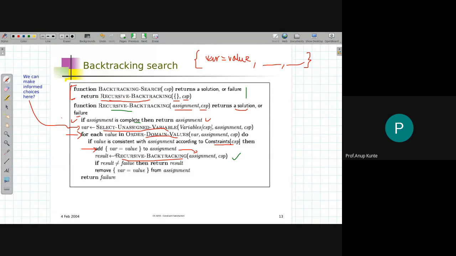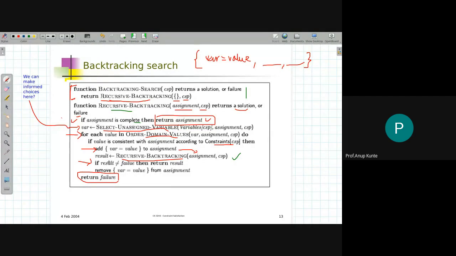But when will I go to this particular step? Whenever I return from this recursive backtracking function. There are three places from where we are returning. This is the first place from where we are returning from this code. The second place where we are returning from this code is this place. So either I'll be returning an assignment or I will be returning a failure, and this is exactly what we are testing here.